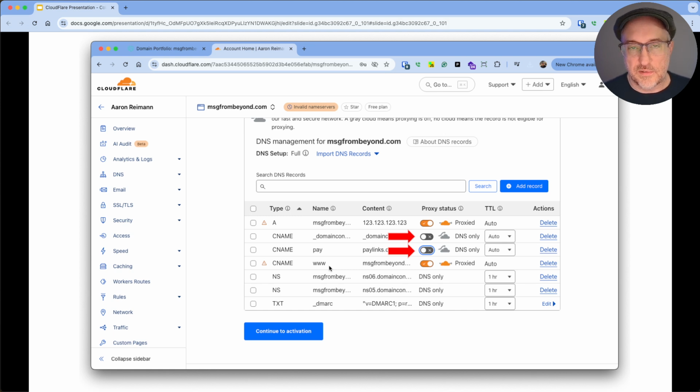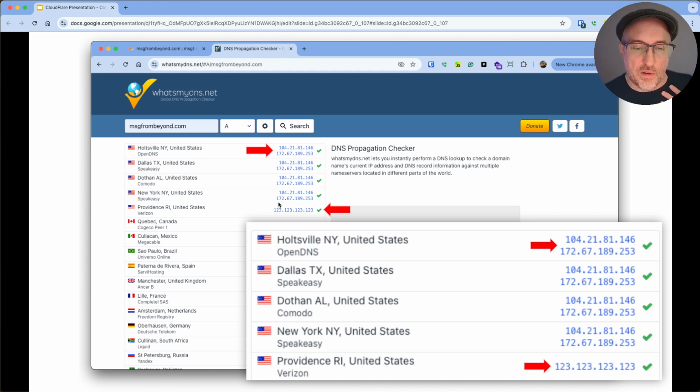Obviously, we haven't told GoDaddy to make that switch yet, but once we do, Cloudflare is getting the actual IP address right now. But I always use whatsmydns.net, where I can look and see what is going on when I'm making a DNS change. I can see if it's propagating properly. And you can tell here, once I made the switch, that my public IP address is no longer being exposed. It is now using Cloudflare, basically a firewall,